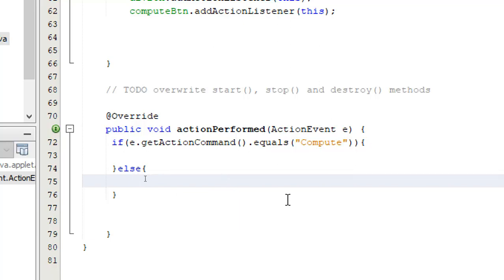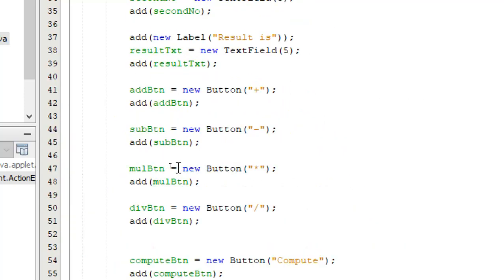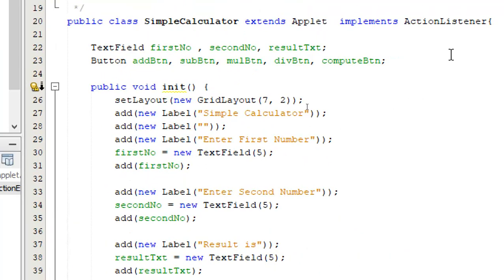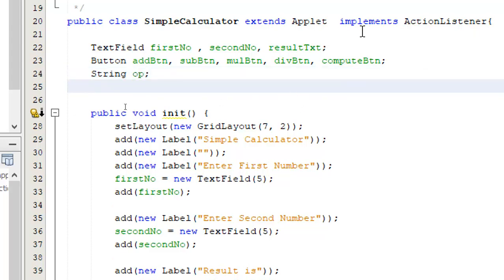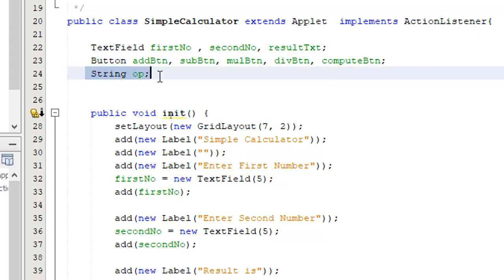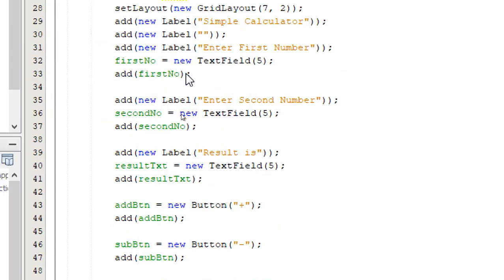Now, because I have to remember this operator for another invocation, I am going to create a variable called OP at the class level, so that it will be available for my next method invocation.